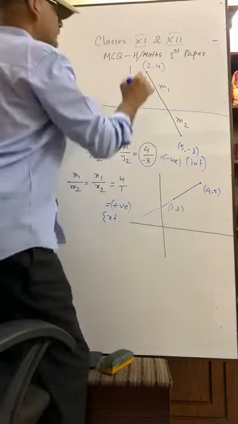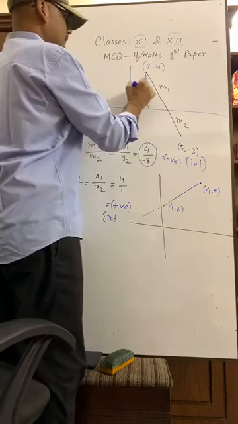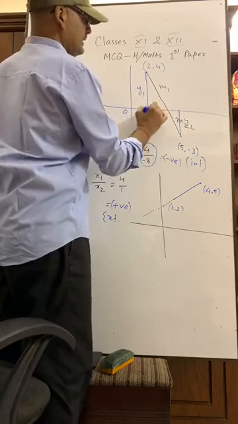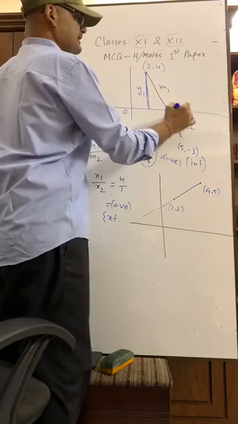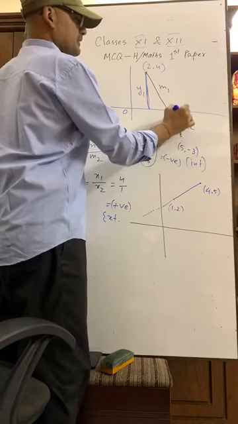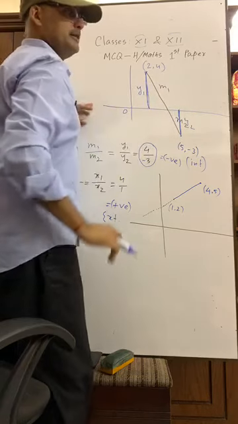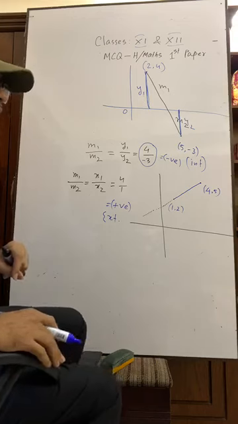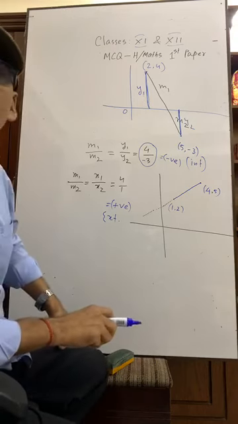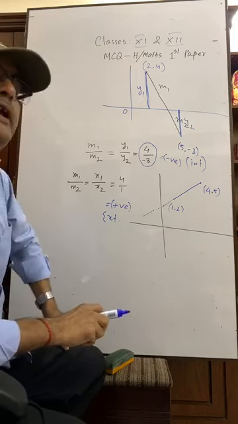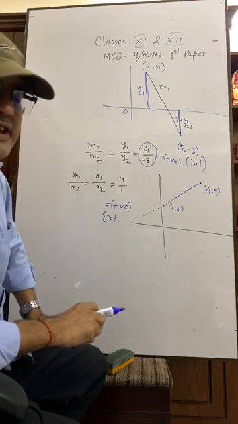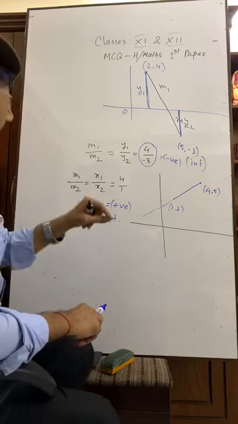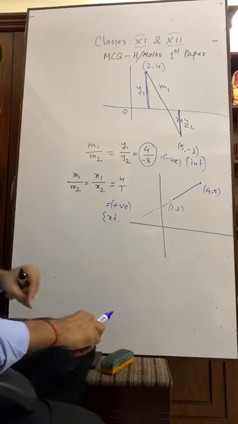Moreover, suppose it is y1 and it is y2. Have you seen? This is in the positive direction and this is in the negative direction. Positive, negative. So when we get the result negative, it means it is internal division. When we get the result positive, it means it is external division. Try to understand and write to me if you don't understand.